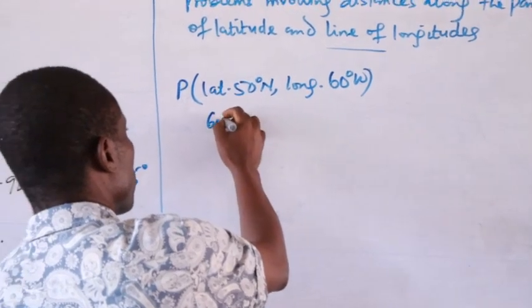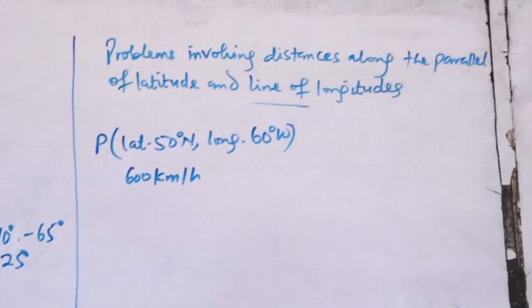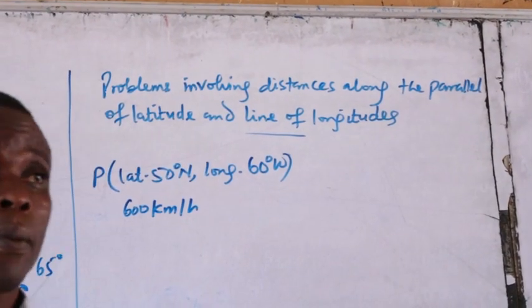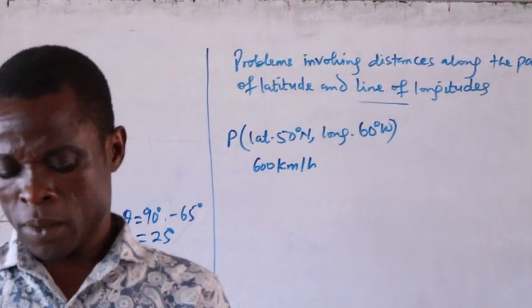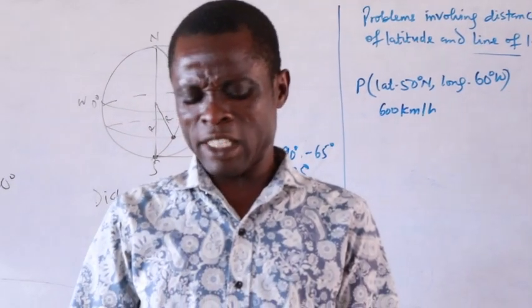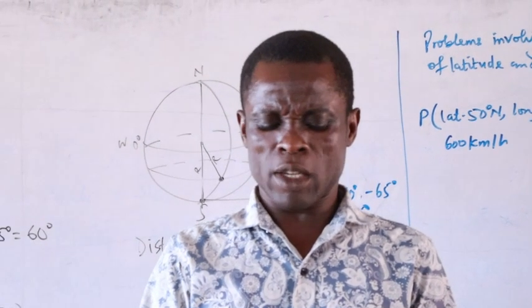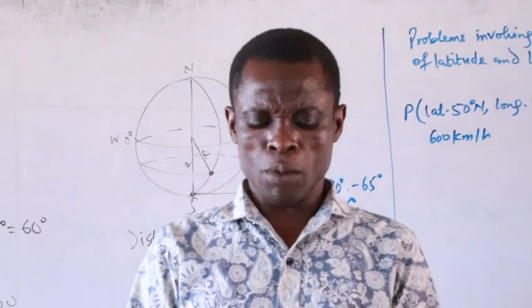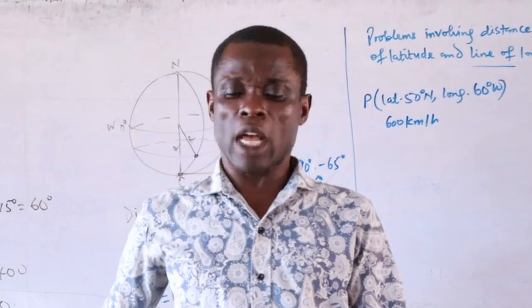600 kilometers per hour. Full stop. The aeroplane then flies due south from Q